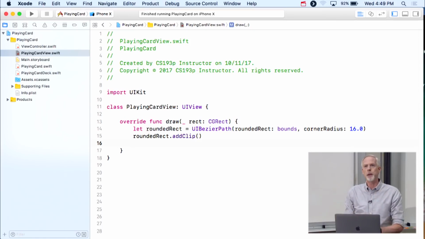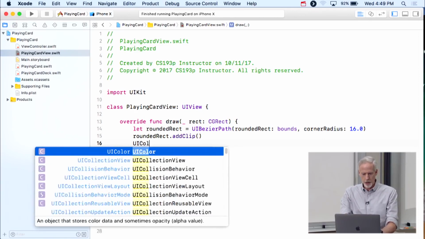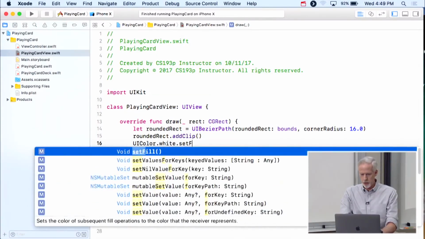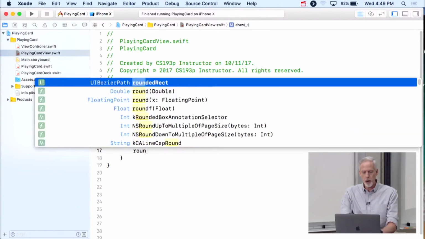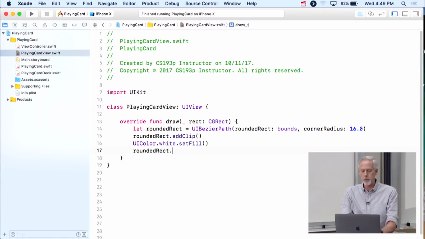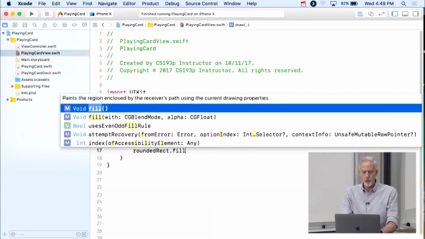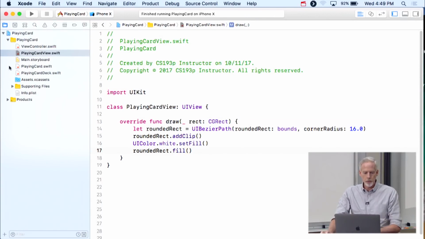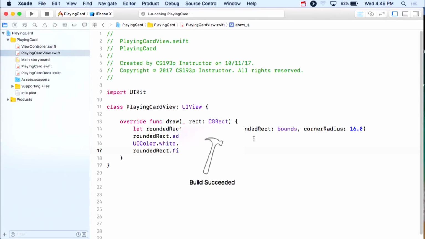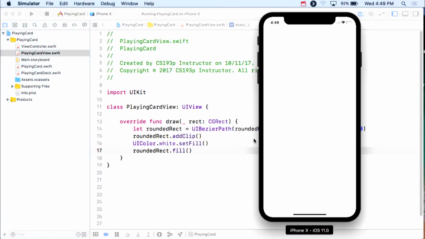You see why you want clipping? So here I don't care so much, but I just want to show you what it looks like to call that. Now I want my card to be white, of course, so I'm going to say UIColor.white.setFill, and then I'm going to fill my rounded rect. Okay, my rounded rect is just a Bezier path, so I can say fill. So let's run and see if this worked, because now hopefully we should have a rounded rect for our card,